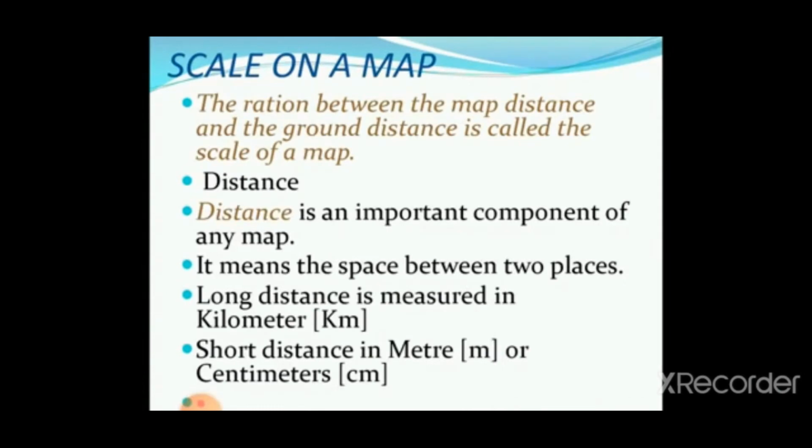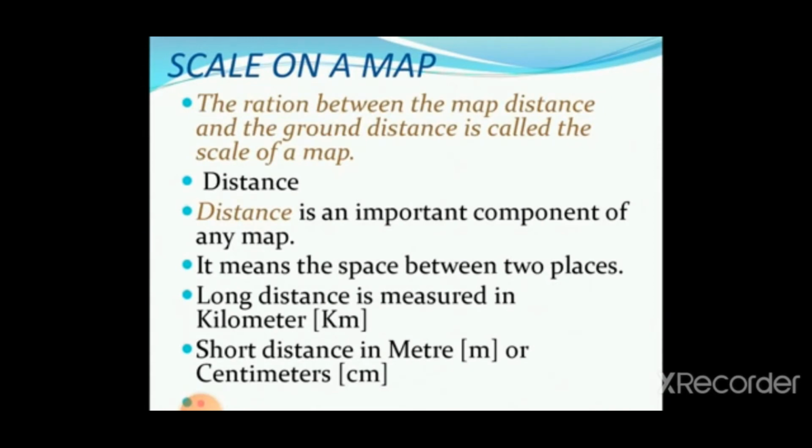Now we will move on to the next portion of our chapter, that is scale on a map. What is a scale? We have already discussed. It's a measurement of a map. The ratio between the map distance and the ground distance is called the scale of a map. So this scale helps to make the map accurate so that we can find the distance of 2 places